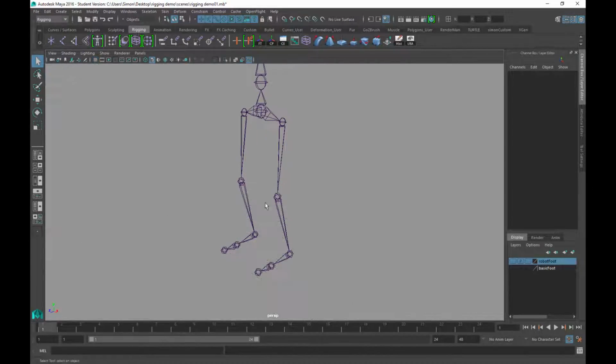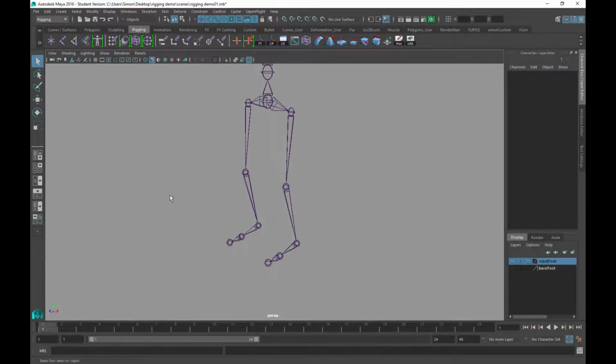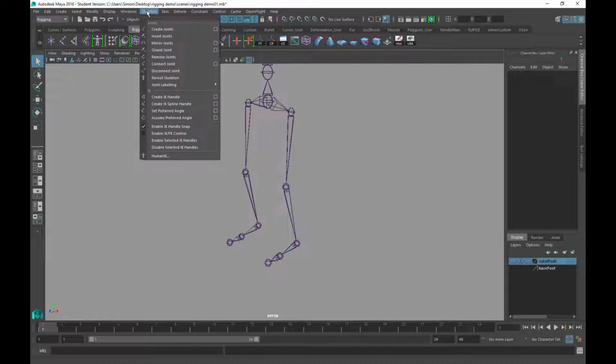I'm just going to turn my grid off so you can see it a little more clearly here. I'm using my 2016. The tools more or less are going to be the same in older versions, but you might have to hunt around in the different menus. Okay, so what I'm going to do is pop into this skeleton menu,